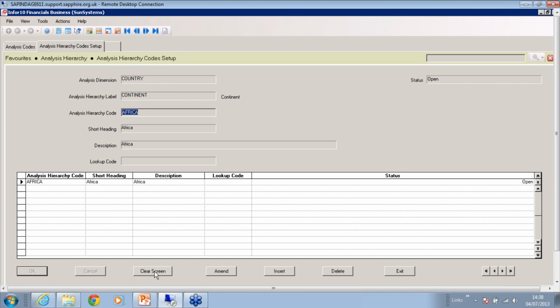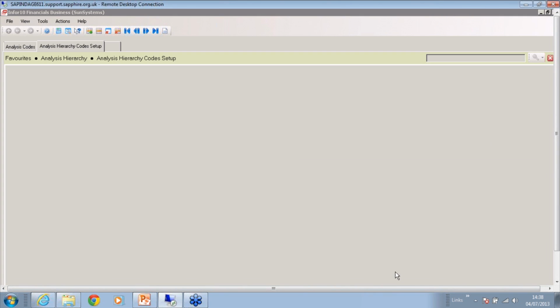For now, I'm just creating the two codes in them. So these are the two continent codes I've created under the continent hierarchy dimension. Once I've created the continent codes, I need to then define which country codes belong to Africa and which country codes belong to Europe. So I'm going to exit out of this screen and exit out of my hierarchy dimension screen as well,